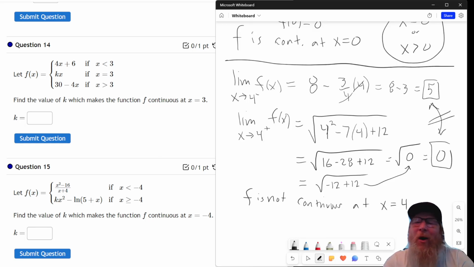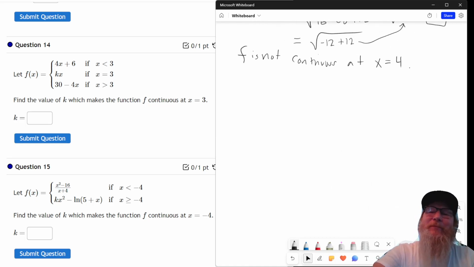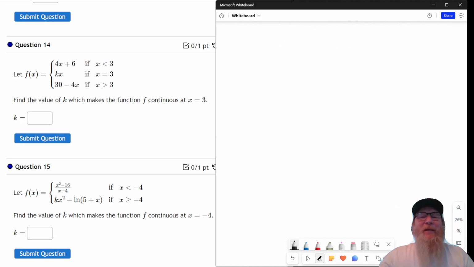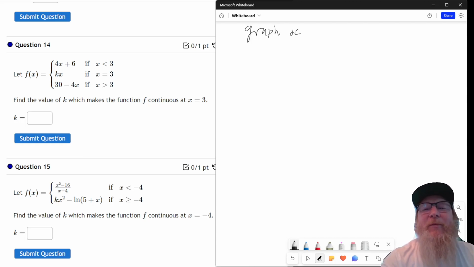I'm trying not to do all of them. I want you to do some of them, but my goal is to show you one of each type. So if you want to look at what we just did, the graph of number 12,